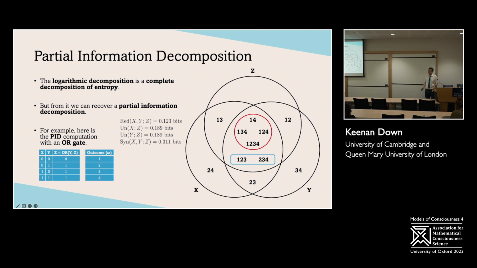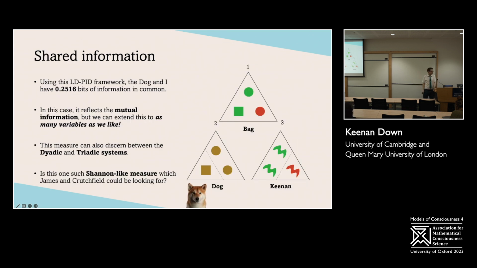So it has this really nice algebraic way of breaking information down that seems to reflect something possibly more fundamental about the structure. So going back to me and the dog, this is just going to be actually the mutual information in this system, but the dog and I in this case are going to have 0.25 bits of information in common about this system. It's just the mutual information, but we could, if we wanted, extend this to all sorts of different properties. I don't know how many sides these different things have or something.